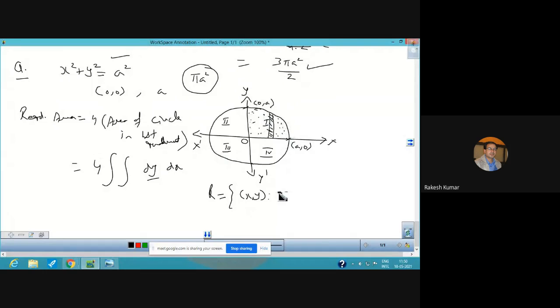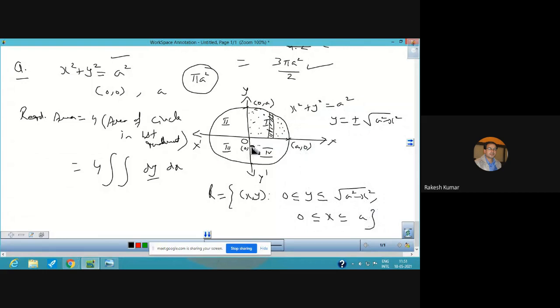So in the first quadrant, at this point y is 0, so this is your lower limit of y, and from the equation x square plus y square is equal to a square, you can find out the value of y, that will be plus minus square root of a square minus x square. So the upper limit will be positive as we are in the first quadrant, and for the limits of x, the lower limit is again positive, so 0 to a. These are the limits of x.